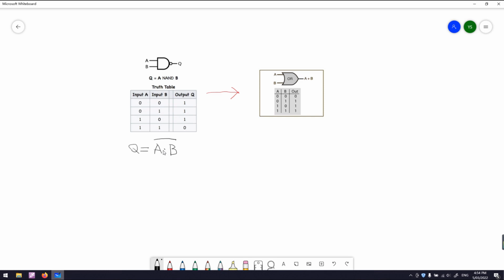There's a distribution rule, so Q also equals A bar, but this time it's all B bar. Cancel this NOT. NOT gate feed into the